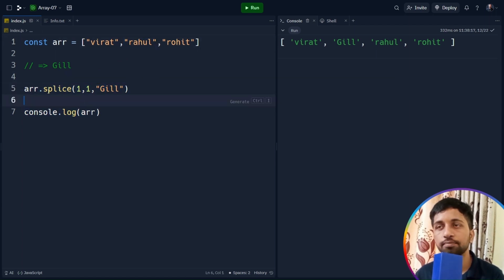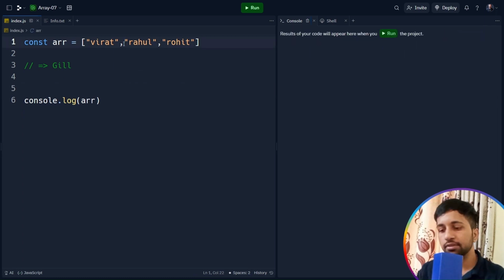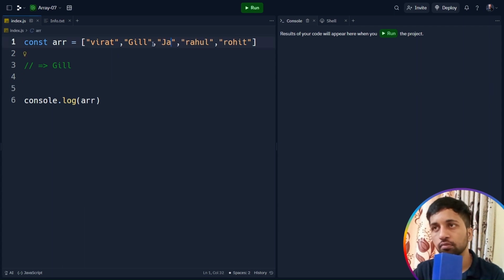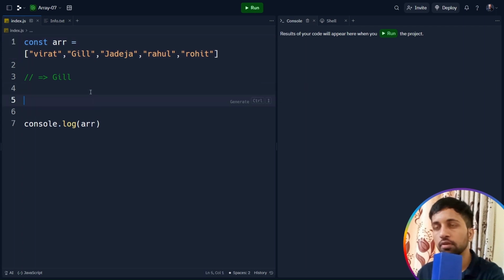Now let's see another one. I am starting by adding one element here, like Gil. And one more element I want to add here, like Jadeja. Now I just want to remove this Gil and Jadeja from this array and add two more elements. What is my target? I want to delete